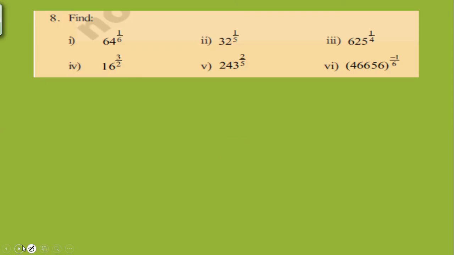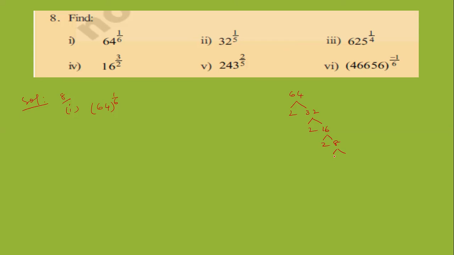So that's enough. You may do that. Now the 8th one, find the solution. 8th question, first one. There are 6 questions in the 8th one. What is given? 64 to the power of 1 by 6. It looks like the exponential form. And that means you may